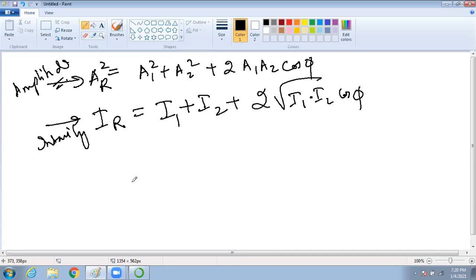When I say interference, what do you mean by interference? Caroline is studying quietly, and I come and disturb Caroline. What will Caroline say? Sir, why are you interfering in my matter? Similarly, two waves are interfering, talking to each other, trying to merge. Whenever two waves merge, it is called interference. In Hindi we say milan, to mix, to merge.